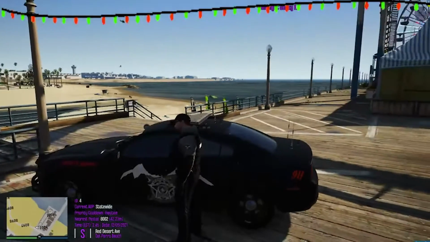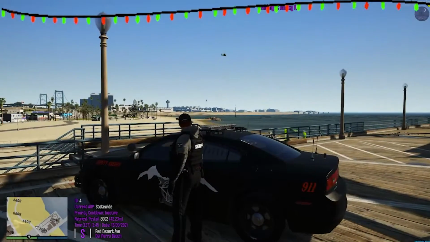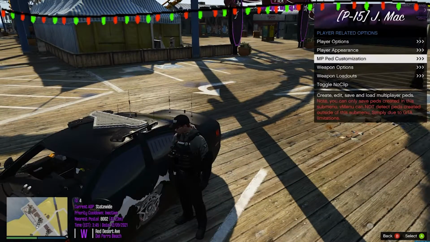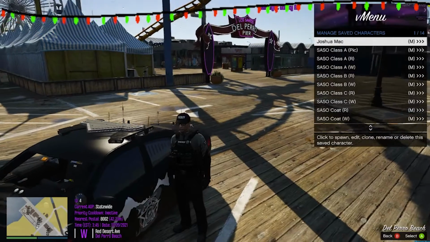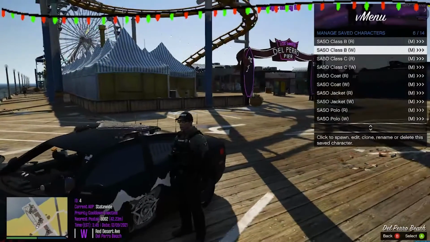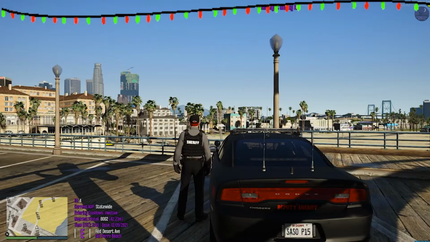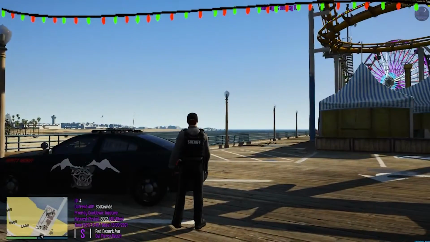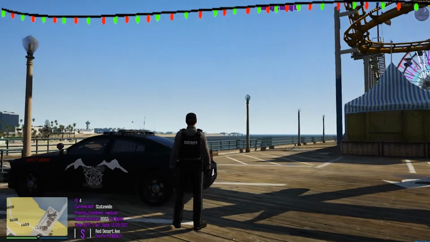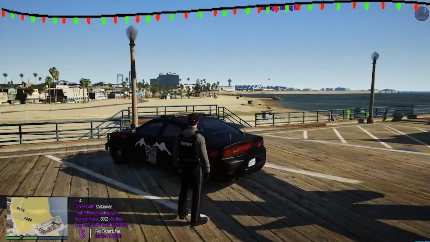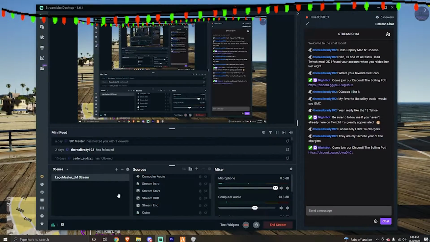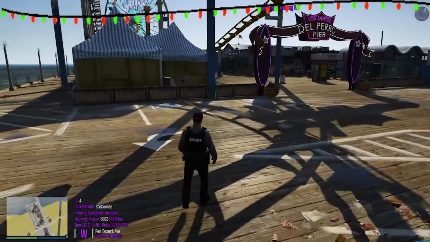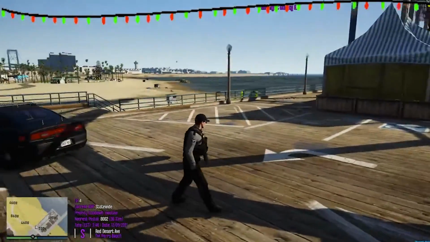I think what we're gonna do for this one is change the uniform too, to be Class B white. There we go. I mean, it is winter-ish, but then again, the clips can be any sort of time frame. That's the thing with that. Sorry, stuff was being weird for a second. So yeah, I think we're gonna do that.